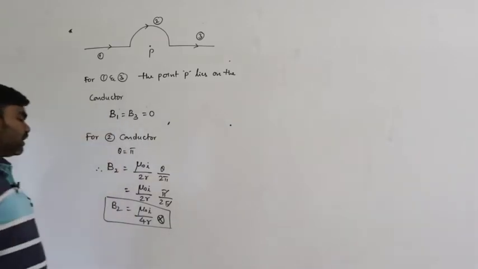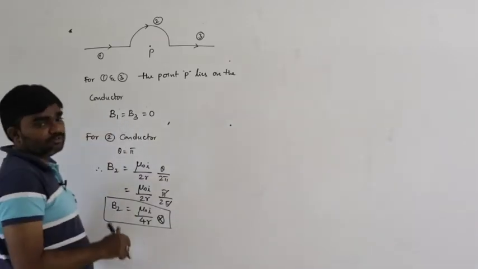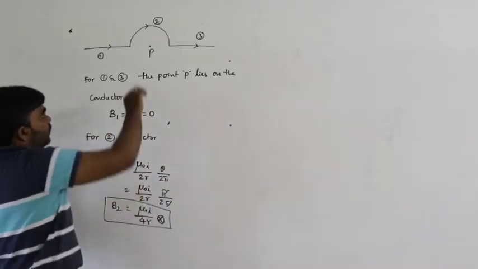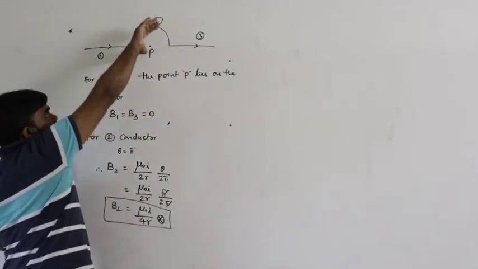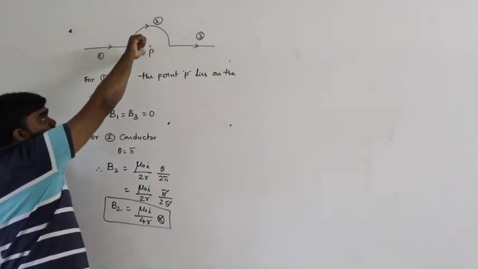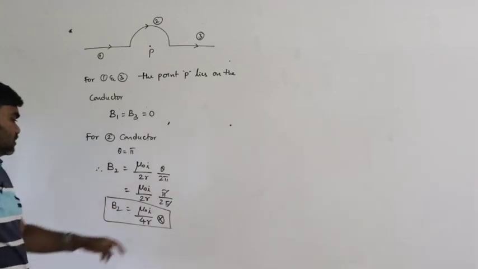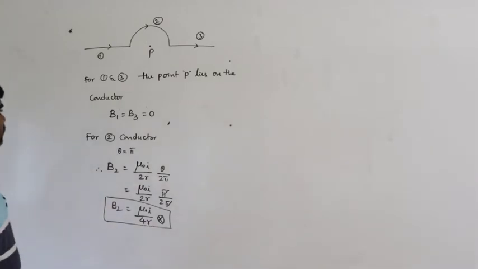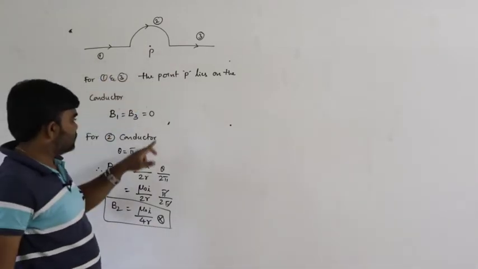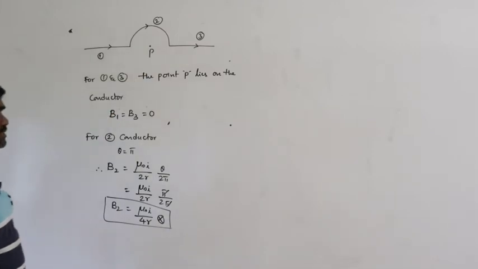So the direction of the magnetic field is into the plane of the paper, or into the plane of the board. Here, curling of the fingers indicates the current and the thumb indicates the direction of the magnetic field, so that is inwards. So that is B1, and B3 must be 0, and only the second condition exists. Next.